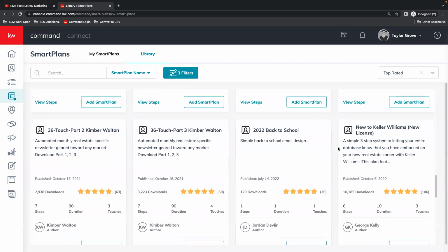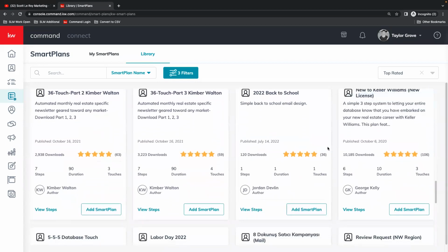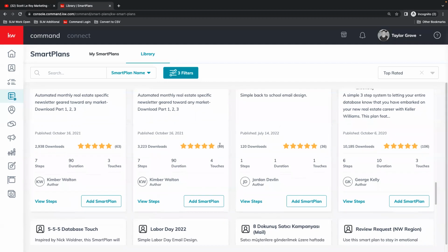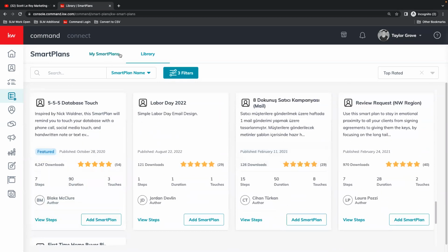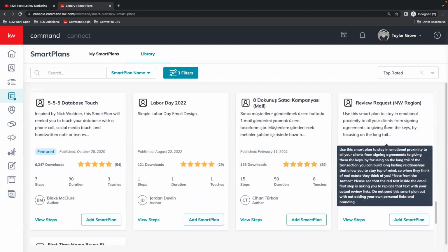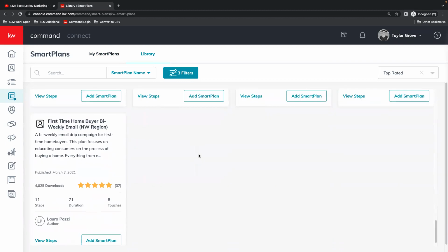If these are published in the library, they're free for you to use. There's no fee associated with smart plans unless you use one that includes automatic text messages being sent through Twilio. Then you would have to already have a Twilio subscription. But pulling them into your dashboard for smart plans,